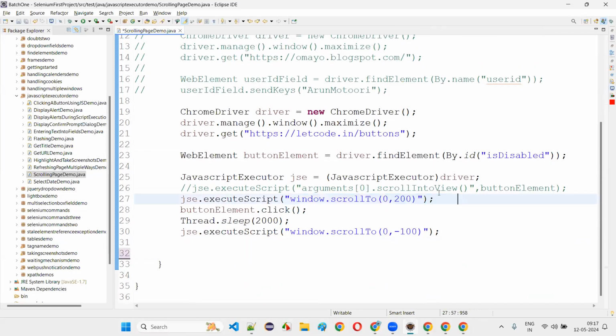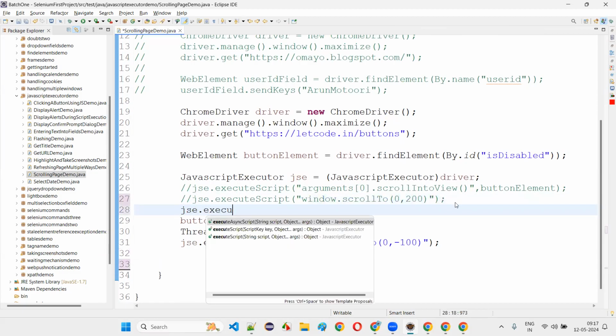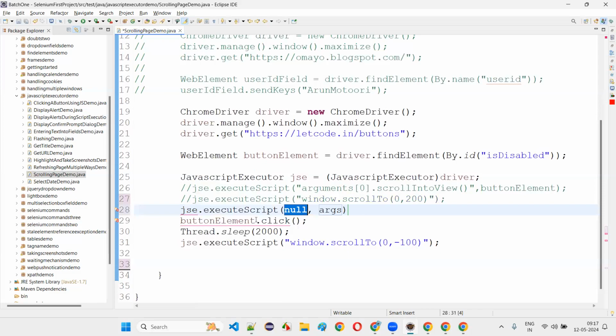This is how we can use a JavaScript way of scrolling the page, either till the element or till the end of the page. If you want to scroll till the end of the page, you have to write jsc.executeScript. People also write this kind of code, guys. They'll scroll till the end of the page by doing something like this. That is window